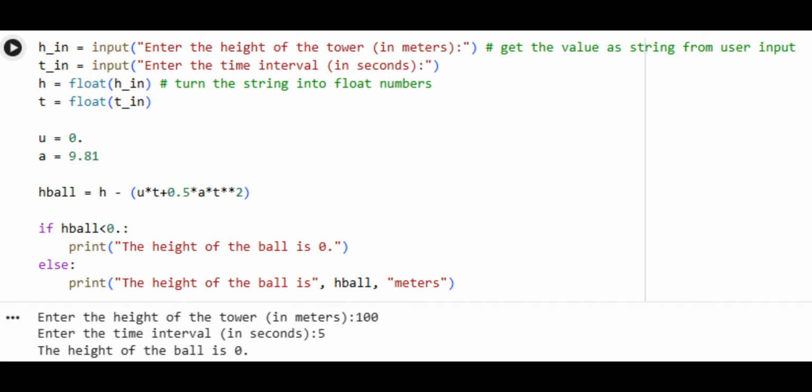U = 0. A = 9.81. H_ball = H - (U * T + 0.5 * A * T ** 2). If H_ball < 0: